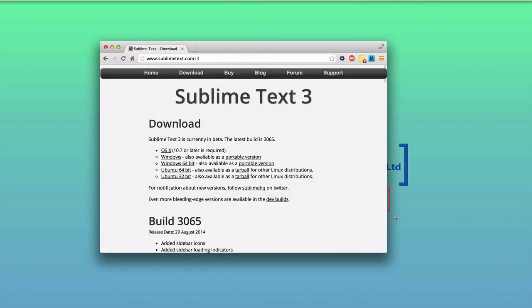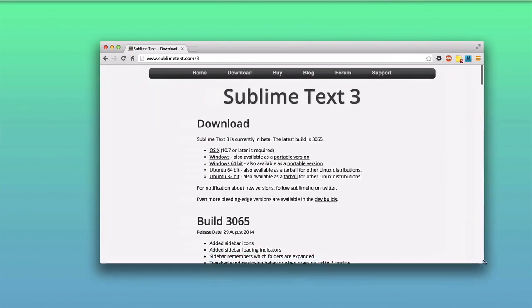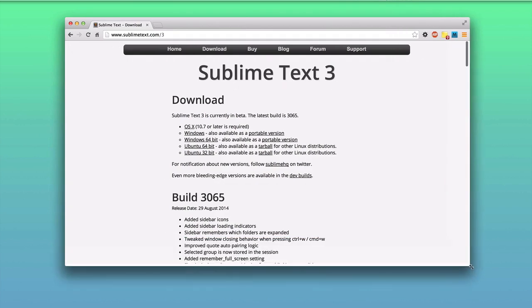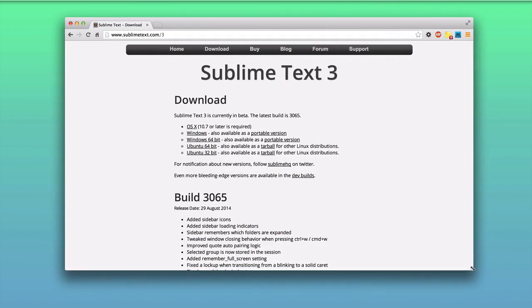www.sublimetext.com/3. /3 because we are downloading the latest version number 3. It is still a beta. The current released version is Sublime Text number 2, but the beta is very stable. It has been around since at least 1 year, and it's very stable and feature rich, so I generally prefer